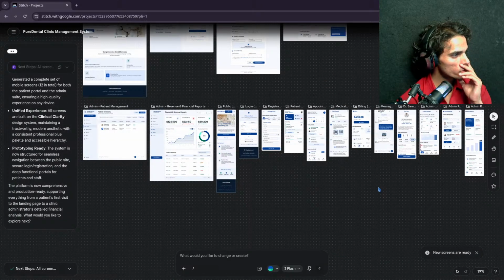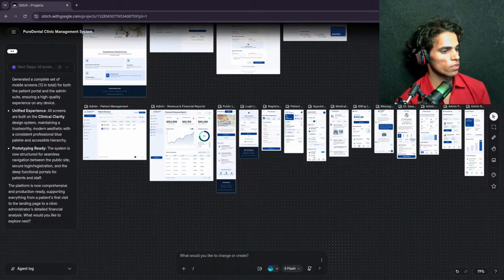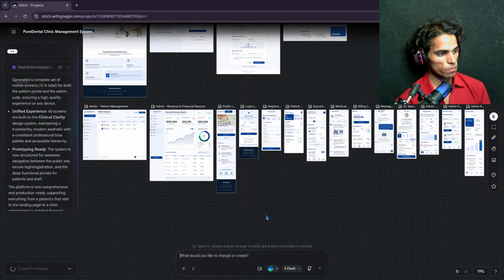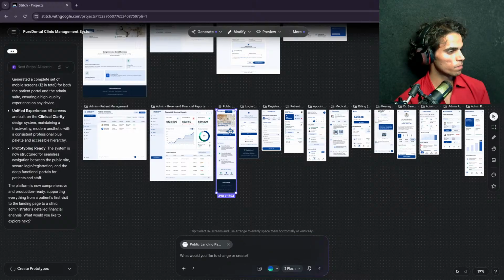The platform is now completely production ready, supporting everything from a first visit to the landing page to a detailed view. So next.